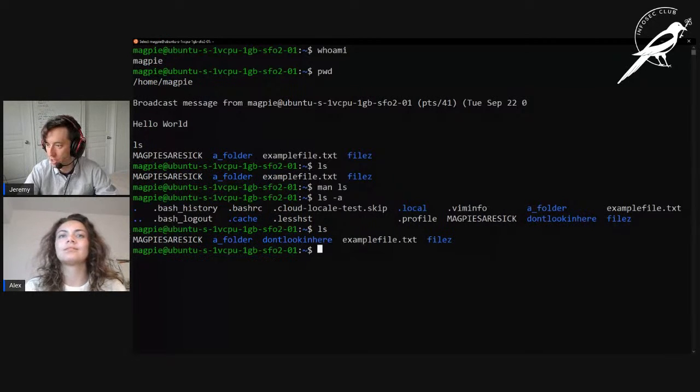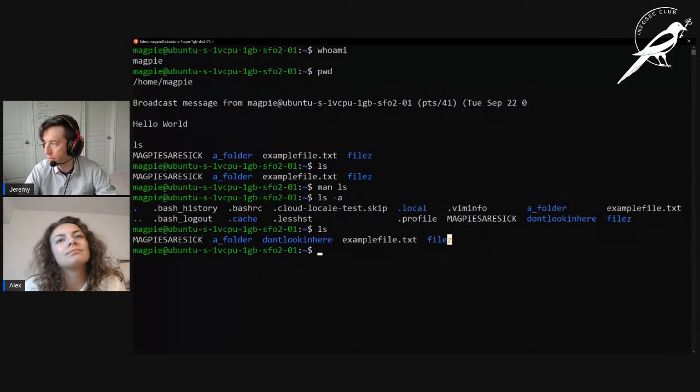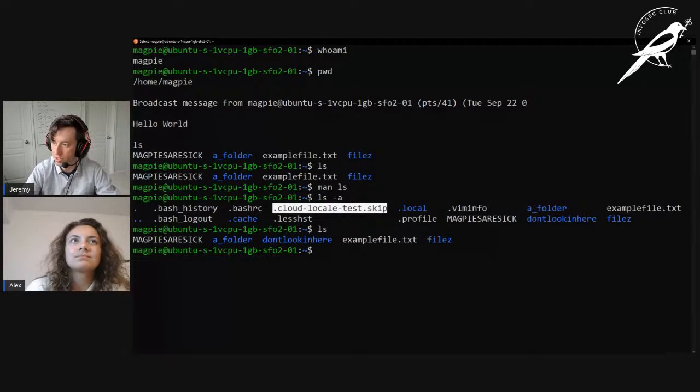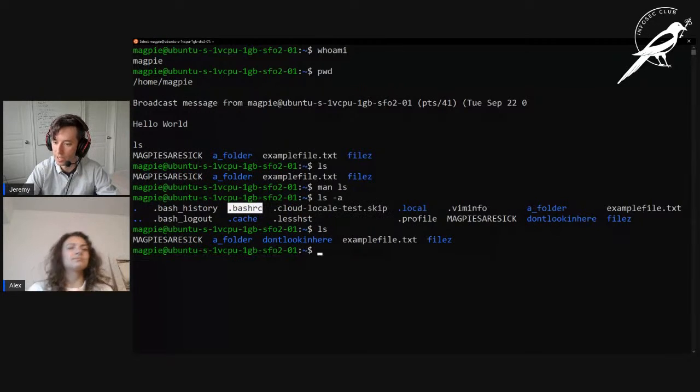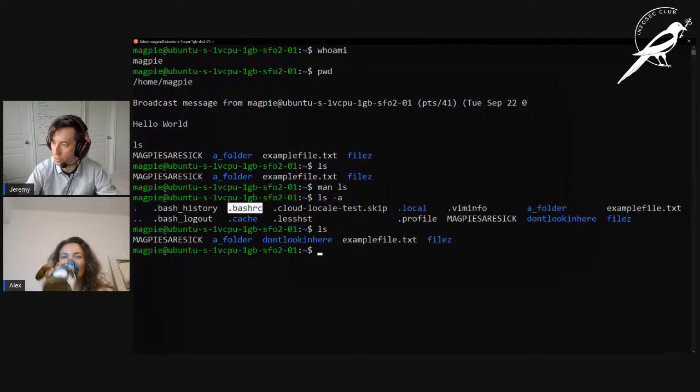Notice when we use ls -a, we get a whole bunch of stuff. When we just use ls, we get these. The difference, if you're looking really closely and comparing them, is that with ls -a, the extra stuff that's listed has a dot in front of it, and that means that it's hidden. So in Windows, there are files that are hidden from view sometimes, usually because they don't want people poking around in them. And you can change that to make them viewable.